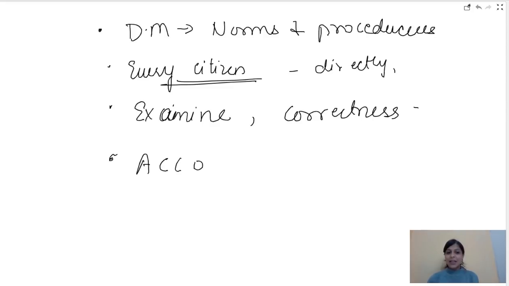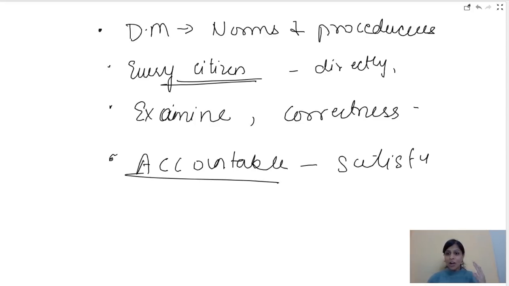In this case, the government is accountable to the people. They have to satisfy. If you're not satisfied, so imagine decision making, then correctness, and then finally accountable. They have the right to change the government in the next election. Of course, you can't apply it to your parents, but in case of government, it's very important that your needs are satisfied, and if it's not, you have every right to change them in the upcoming elections. That means accountability also comes into play, and also you have to ensure that the people who hold the power